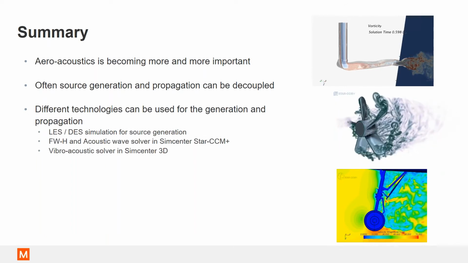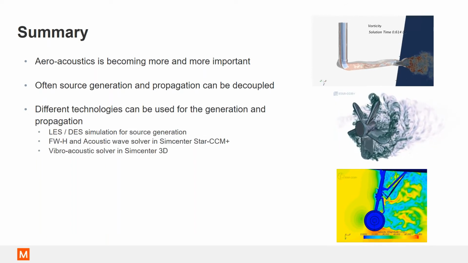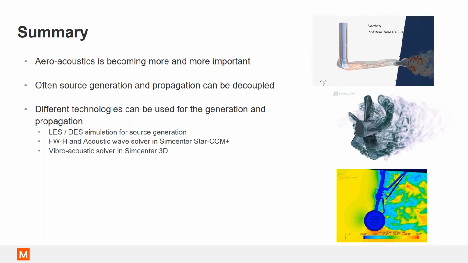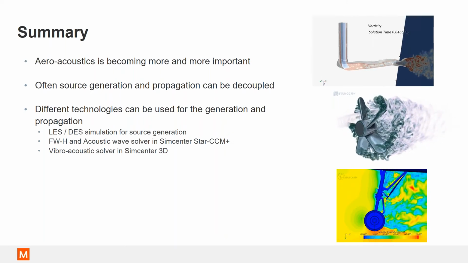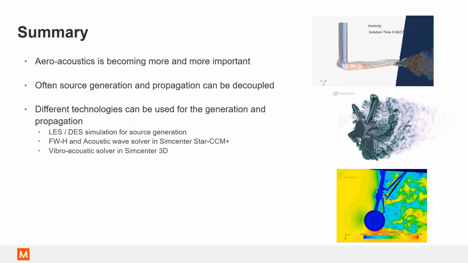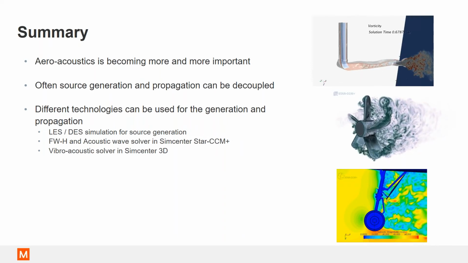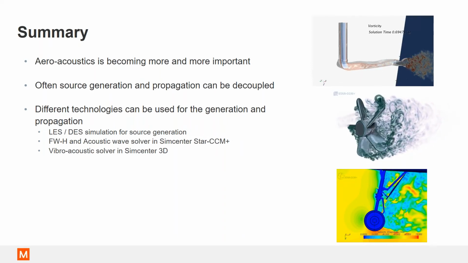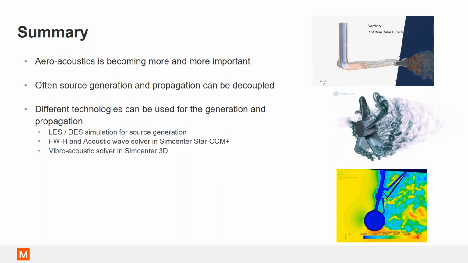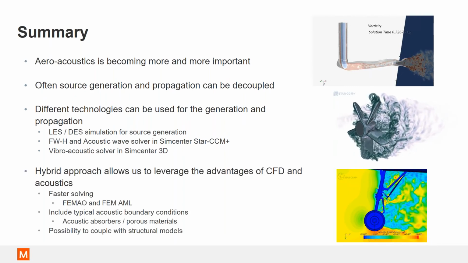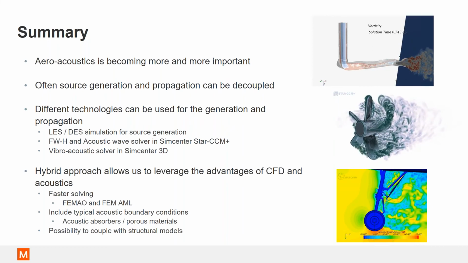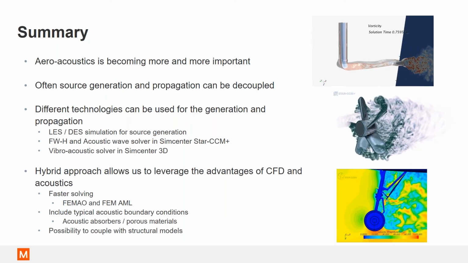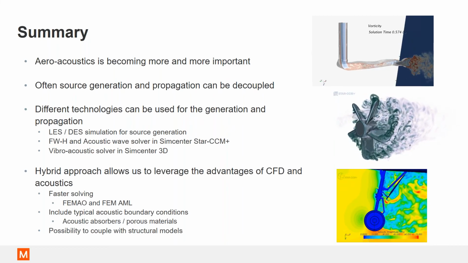Then we talked about the sort of decoupling, not only through aero-vibro-acoustics, but also just looking at using the Ffowcs Williams-Hawkings method and the acoustic wave solver within STAR-CCM+ to do that sort of decoupling. And then finally, I just introduced the hybrid approach of where we leverage both CFD and